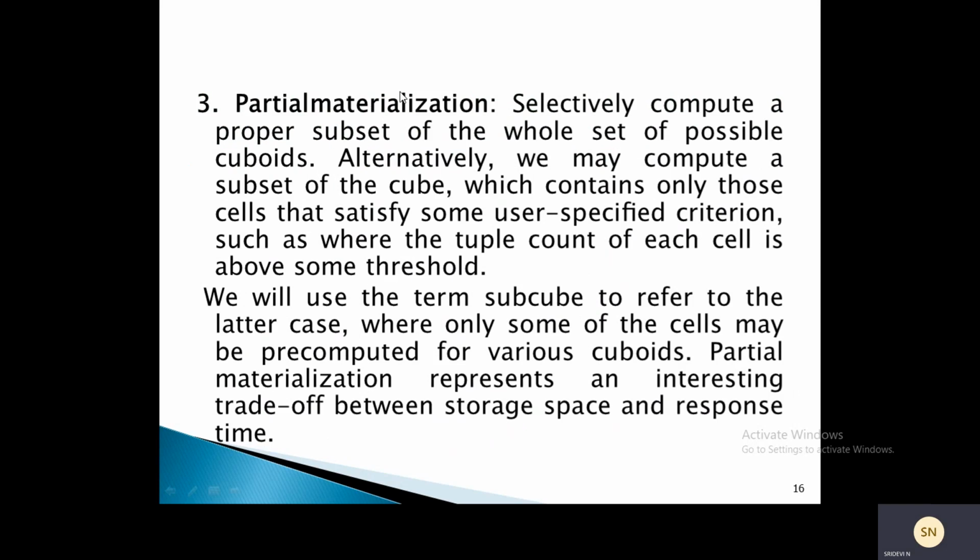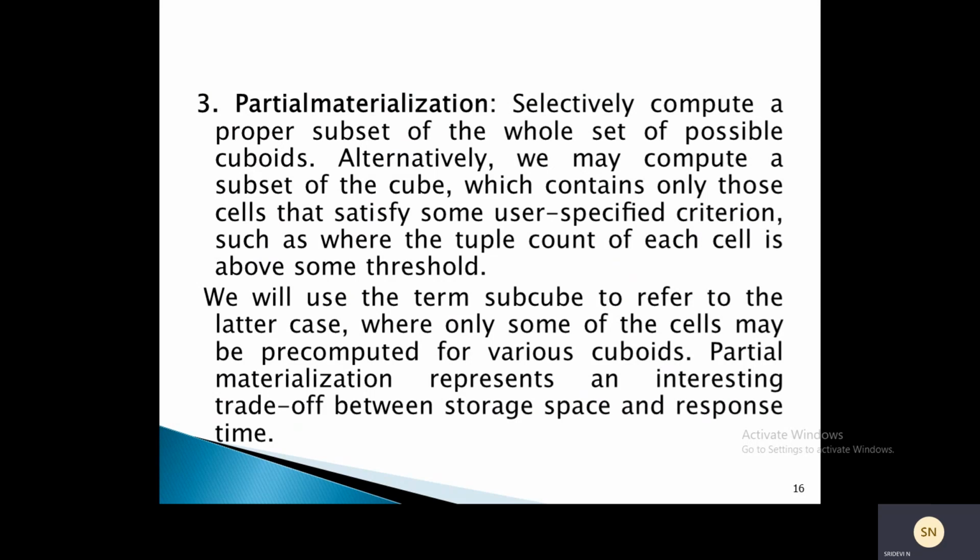In partial materialization, we select a proper subset of the whole set of possible cuboids and compute those. Alternatively, we may compute a subset of the cube which contains only those cells that satisfy some user-specified criteria, such as where the tuple count of each cell is above some threshold, and we compute only those. We use the term subcube to refer to the latter case, where only some of the cells may be pre-computed for various cuboids.